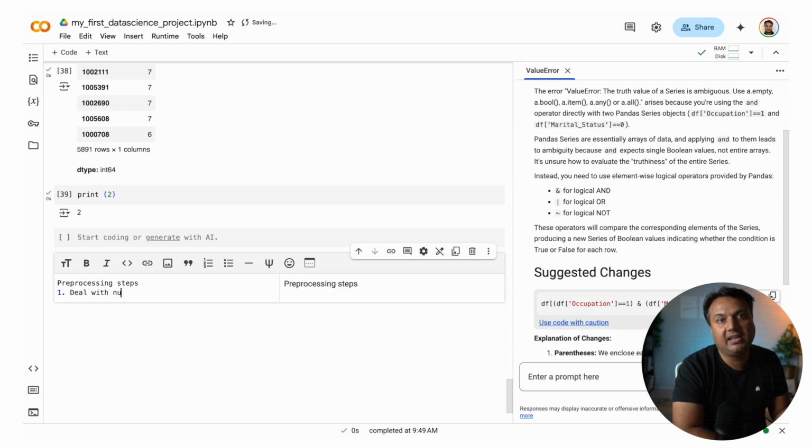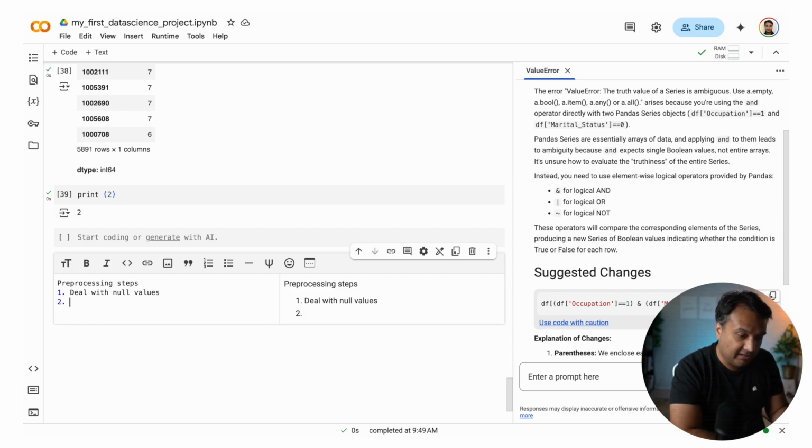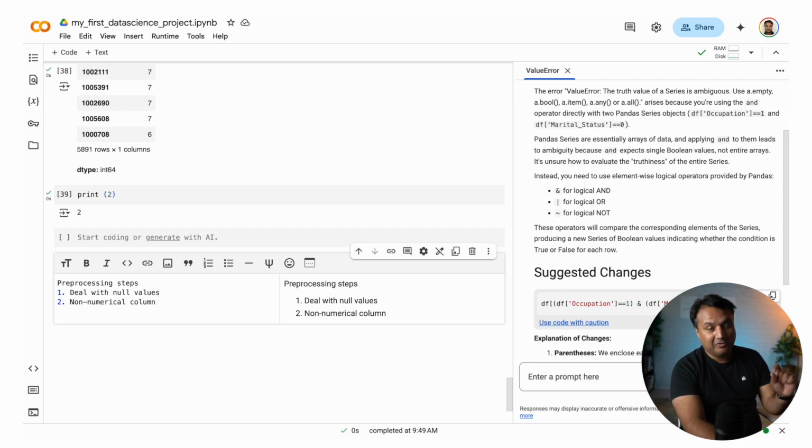As I said, it cannot have any null values. Second thing which we have to do is, just looking at my notes, we have to deal with the non-numerical. So this is huge. For the non-numerical columns, we have to convert them into numerical columns somehow.